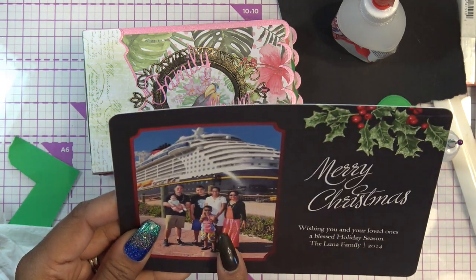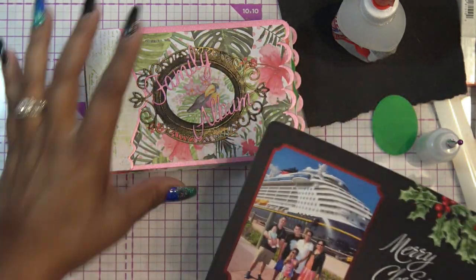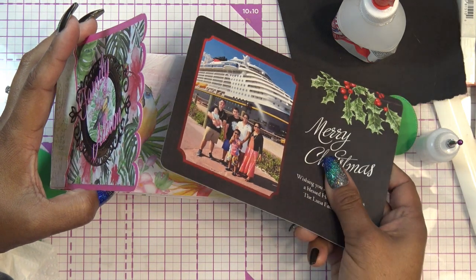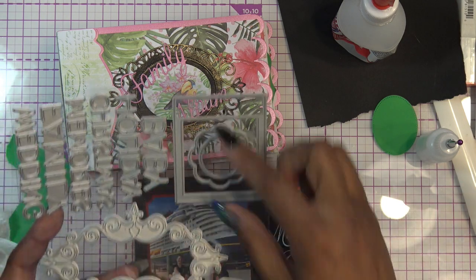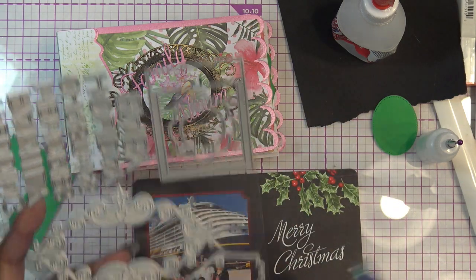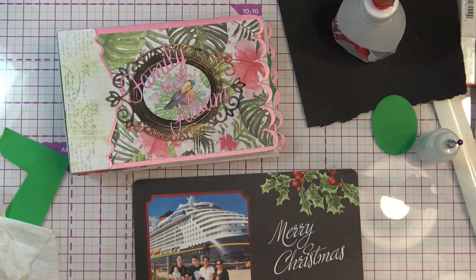But here's a whole picture that we have with the Disney cruise and everything, but I think this might be too big. Even if I cut it down, we'll see. Let me see, do we have a square in here? Huh. I might have to just cut it by hand because we have this one, but this makes like a little camera picture thing. That's not going to work for me. That doesn't work, that one doesn't work. So what I'm going to do is probably,